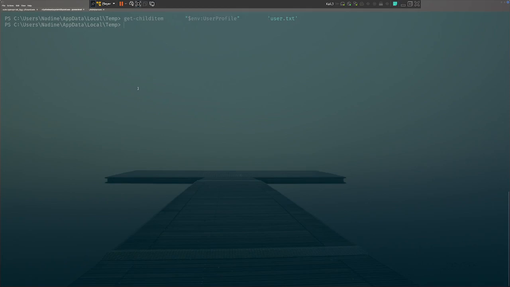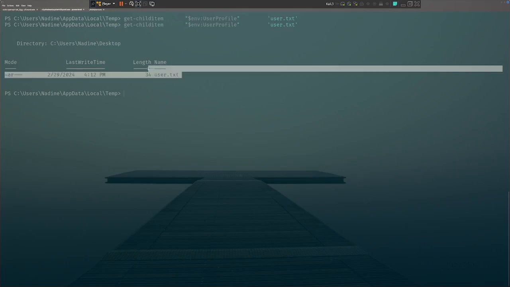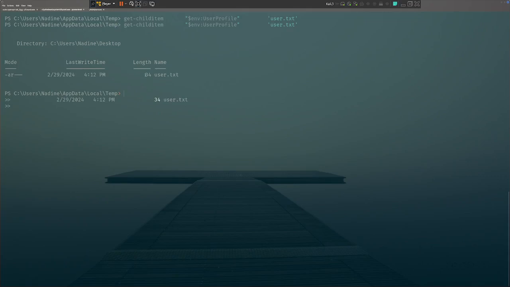You know what it is? It's recursive, so we're just gonna do the -R for recursive. There it is. So just like we thought, it's in the... I wonder why it's 32 bytes in length. Anyway,